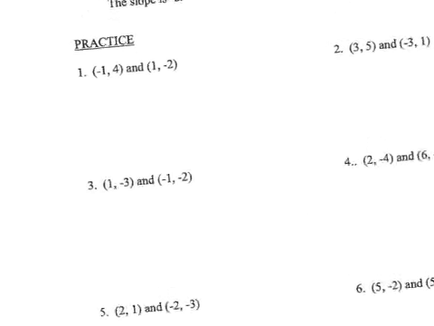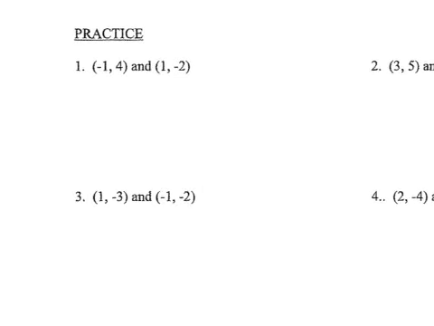So if you got something like this, I'd first label my points x1 and y1, and x2 and y2. And the reason why they're labeled like this literally is this point is the first point, so x1, y1. This one's the second one, hence x2, y2. That's the only reason. So you'd set it up, y2 minus y1, negative 2 minus 4, x2 minus x1, 1